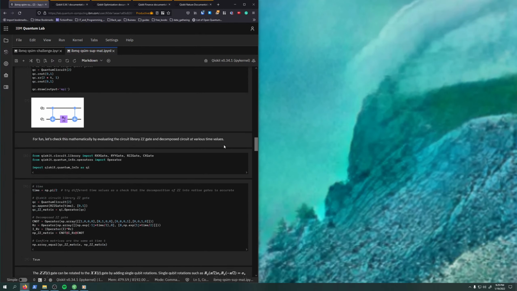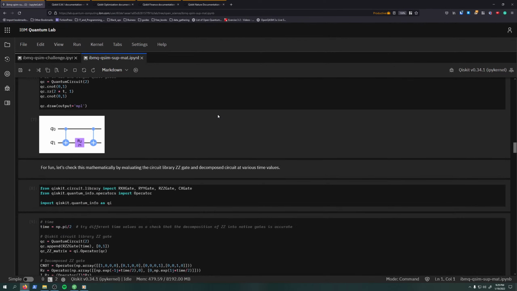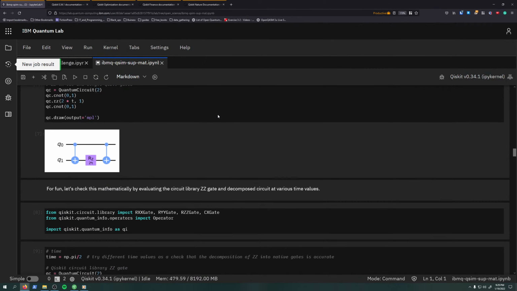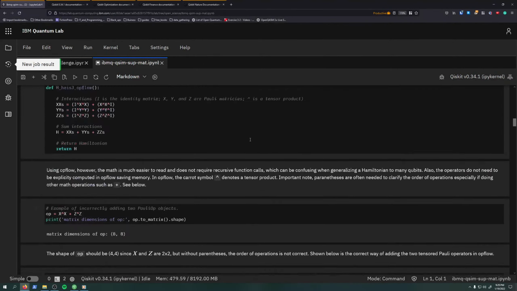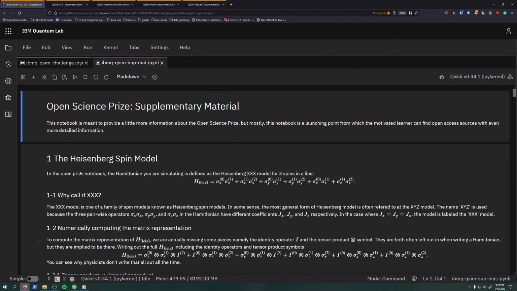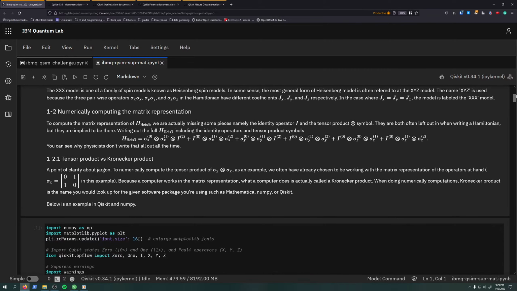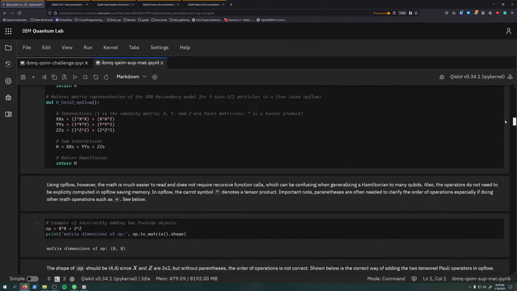And they talk a lot of it, or it shows a lot of this. So go through this. It talks about the Heisenberg model, goes through some more math for you. I'm not going to read over this just because